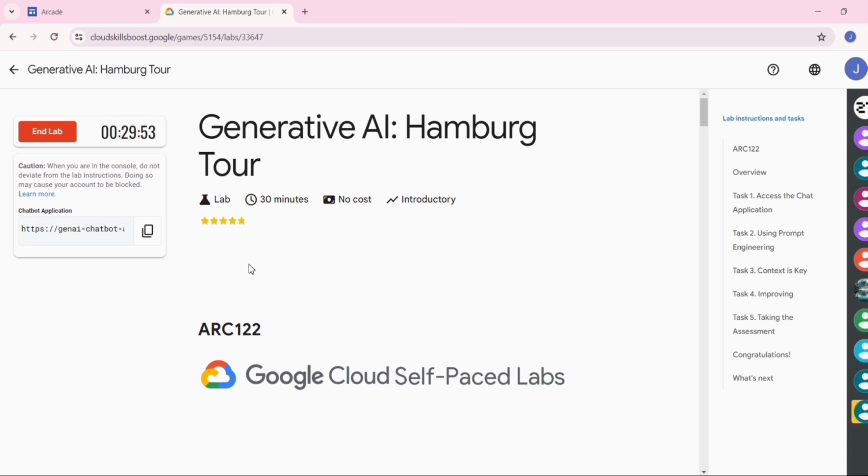Lab is started. So just copy this application URL.